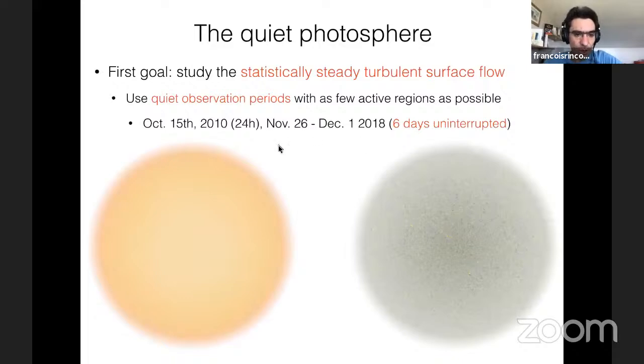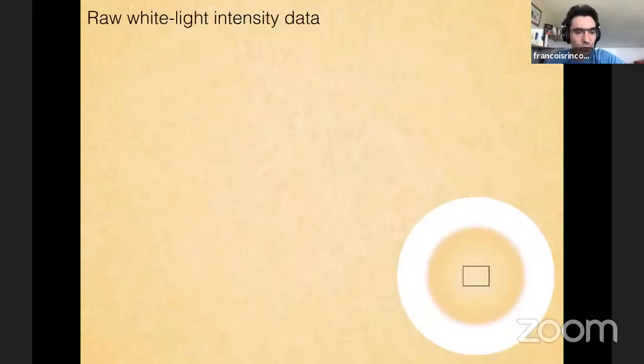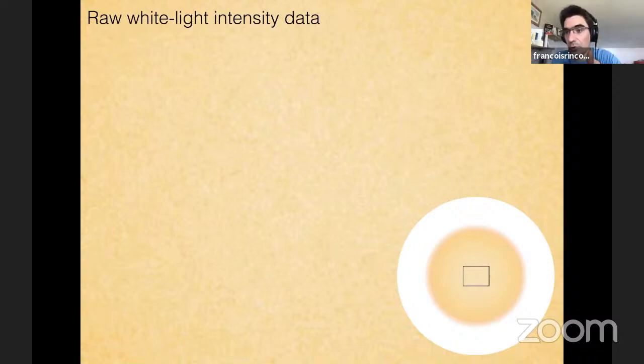So this is an image of white light and again a magnetogram. This is what you see if you look at the raw white light intensity data in time. I don't know if you can see all the noise on your screens, things moving fast. The black square is just my screen. The main image that you see, the black square, tells you which portion of the disk is covered. If you look at this picture, it's very messy, lots of noise. You see a bit on the final image the granules appearing, but as a time process, it's very noisy